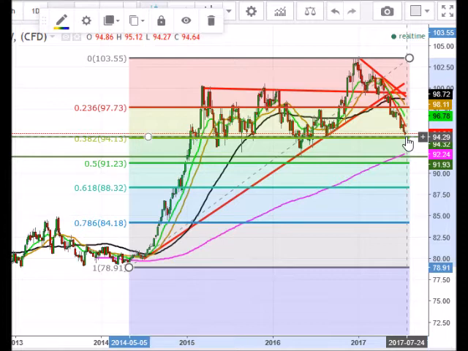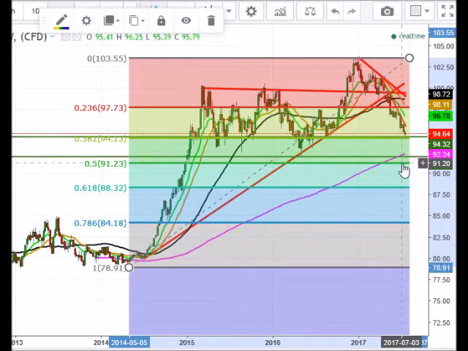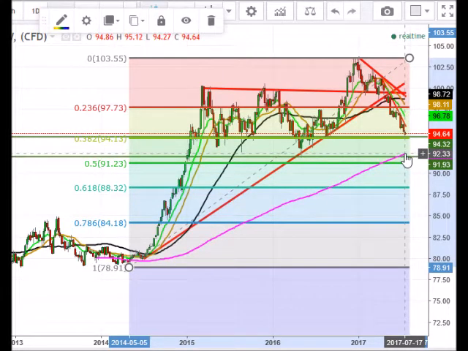If we don't have a strong bounce and the selling just continues, then the next level, as I mentioned last week, or basically over the weekend, was that I'd be looking at this 93 level and also keeping an eye on this 200 period simple moving average located near this 92 mark, and that's also going to coincide with the 50% retracement level as well. So the 50% retracement is underneath the 200 around 91.13. The 200 itself is around 92.30. So this is just going to be a good area to see the US dollar bounce a